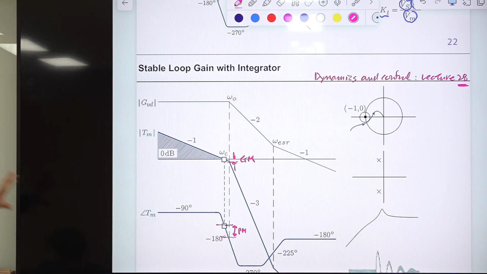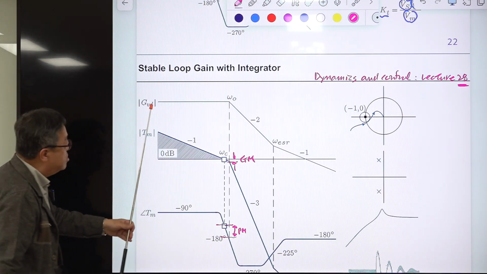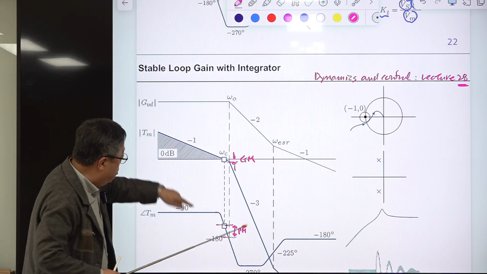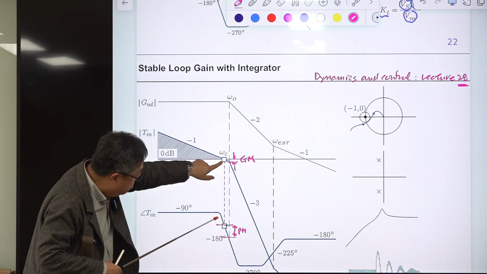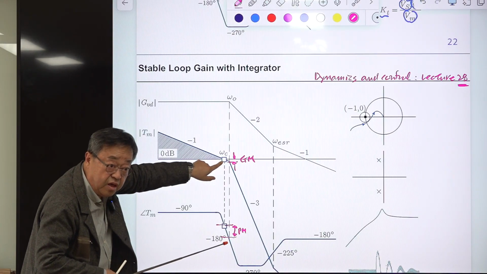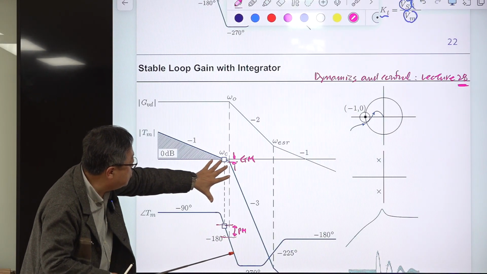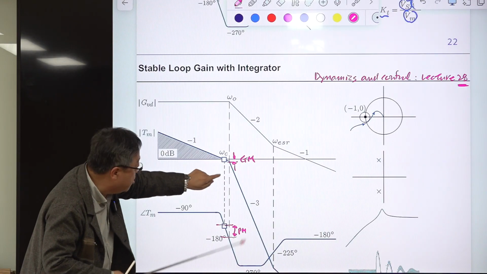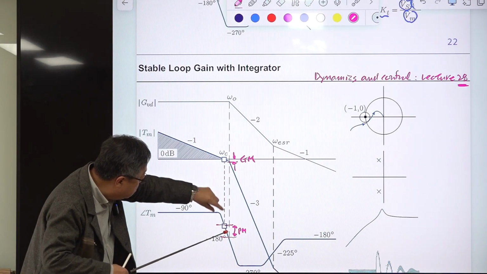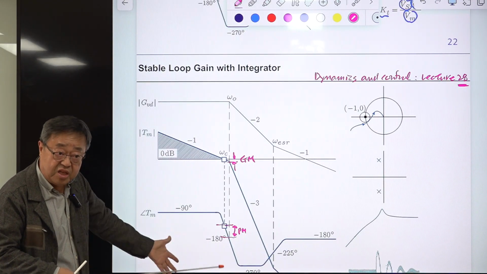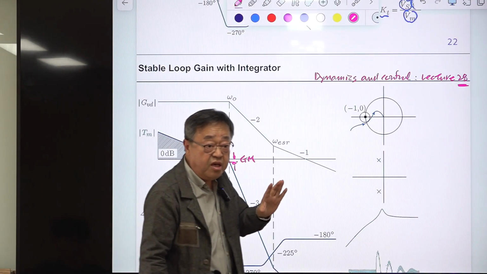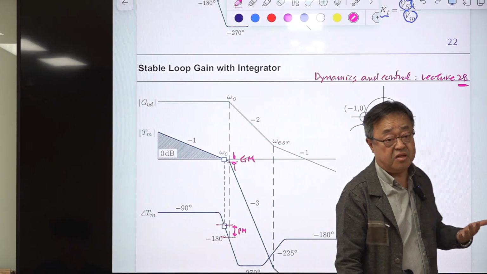With very small relative margins, it is a very dangerous design. Okay. This is very dangerous because your crossover frequency is in the neighborhood of this frequency. There is an abrupt phase change in this region. If something happens, maybe some tolerance from power stage components, if this point is moved around, then the phase will change a lot. Okay, it becomes unstable. This is not guaranteed. It is guaranteed in theory. Practically, it is impossible to maintain stability.